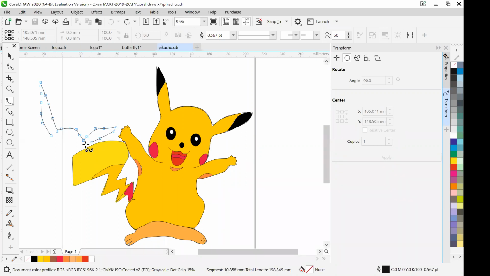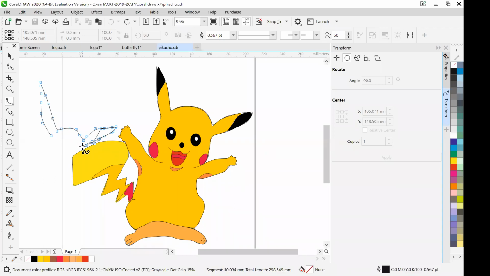Now, one more thing I want to show you is that the outline of this whole Pikachu is one area. You can consider this tail. The tail part is one area. When you want to give different colors like black, white, red color to the Pikachu, it has to be a separate area. See here what I'm doing to this ear. I am rejoining it, fitting it to the ear area once again. Means I'm redrawing it. Why am I doing it? Because you will be able to see it within a short time.